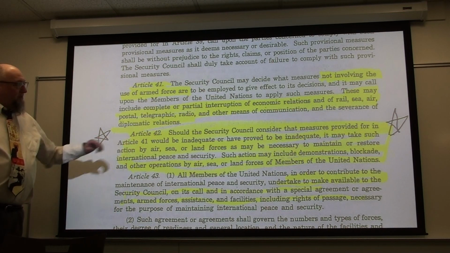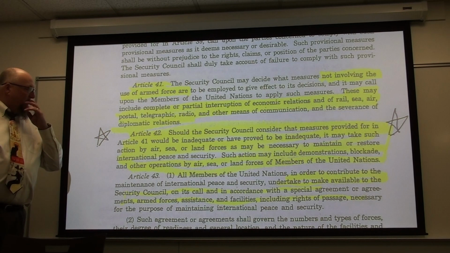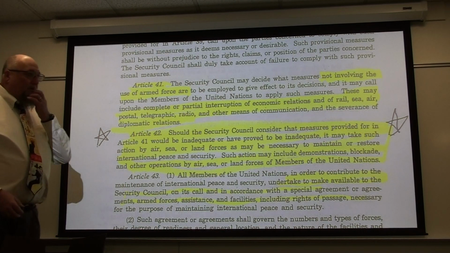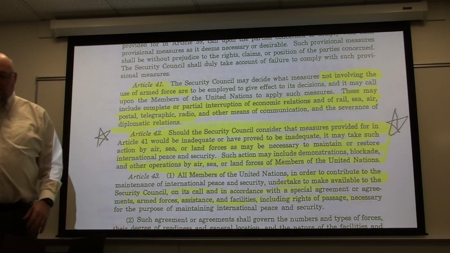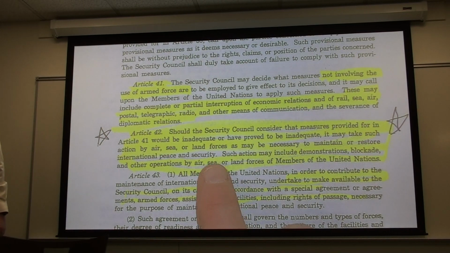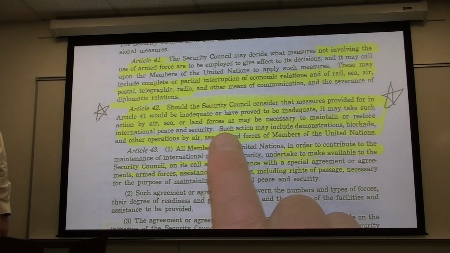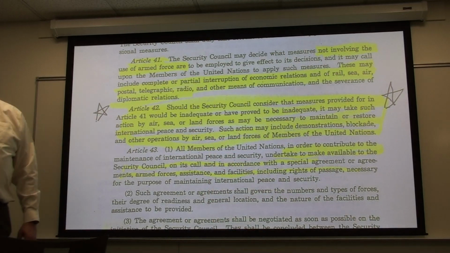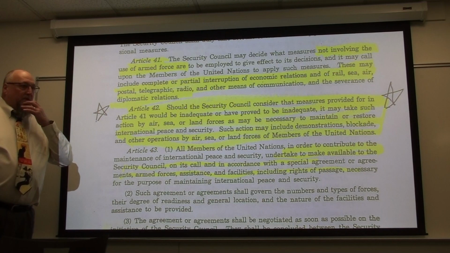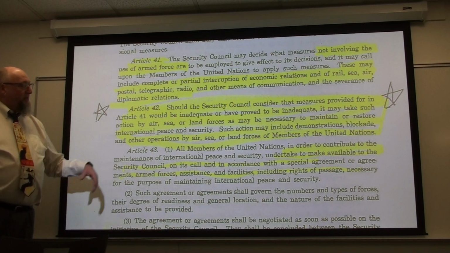And then Article 42 is where we see in the UN Charter the ability for the Security Council, if they have determined that Article 41 non-military measures will not be sufficient or otherwise, then the Security Council can authorize military activity as necessary, which may include potentially sending in troops and